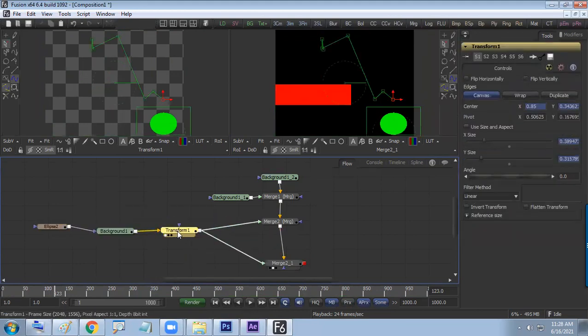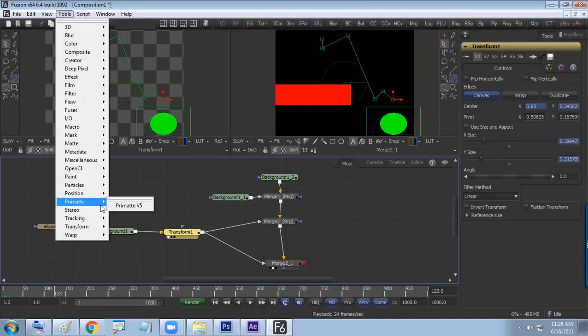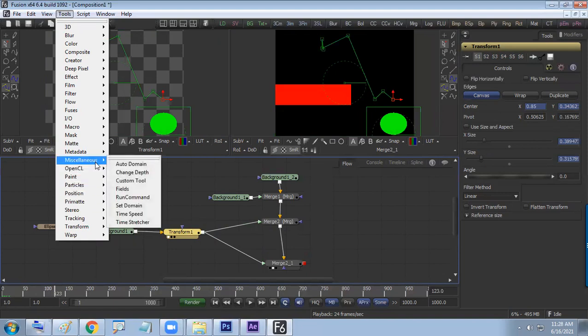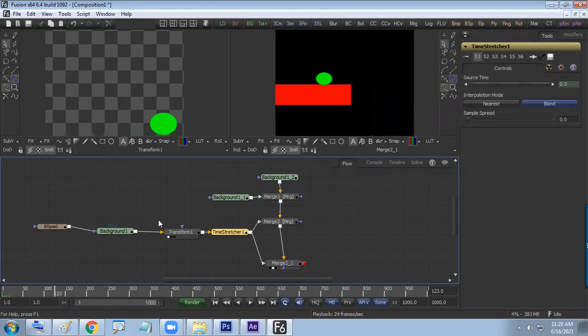So the whole animation is done with this. Again, to get a time difference, we need to copy this and paste over there, and make a flow again. So it takes a little time. Time related things are there in After Effects. In Fusion also there are time related things: Time Stretcher and Time Speed. There are two factors which control the time, under Miscellaneous. So let us go for Time Stretcher. But the Time Stretcher is to be put on the second node.